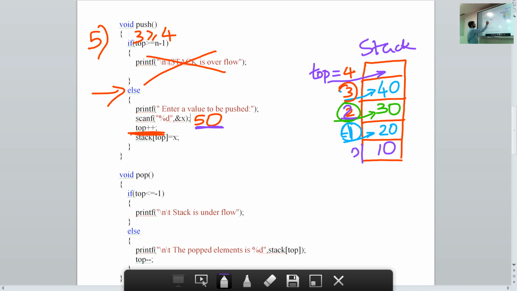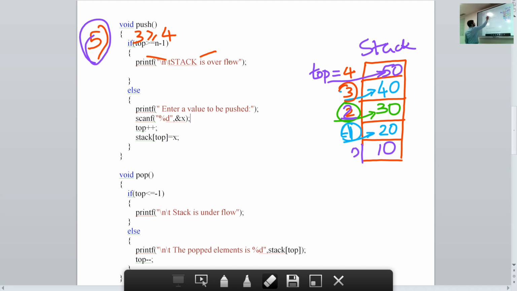So our top value is 4. That means we are inserting our x at 4. So x value is 50. So 50 gets inserted in the stack. So this was our fifth push. Have you got it? Okay.